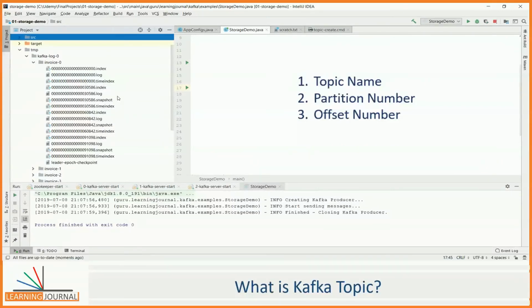However, this numbering may not be a problem for a real-time stream processing application. How? Let's take an example to understand it. In a stream processing application, the requirement is different. A stream processing application wants to read all messages in a sequence.